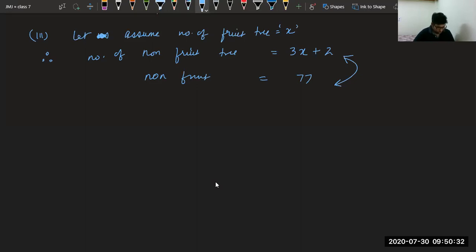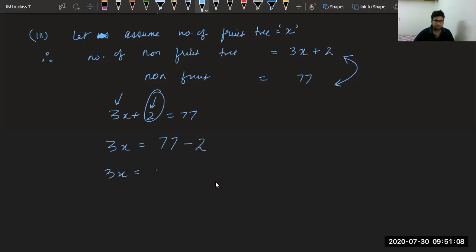Okay. So we have 3x plus 2 is equal to 77. And now you can solve it on your own. I rest my case here, Judge Sab. Now I hope you all can solve it on your own. Okay. What is the answer? 75 by 3? Oh my God. I don't think so. Let us see. First of all, we have to see who will go there first. 3 will not go first. 2 will go first. So it will be 3x is equal to 77 minus 2.